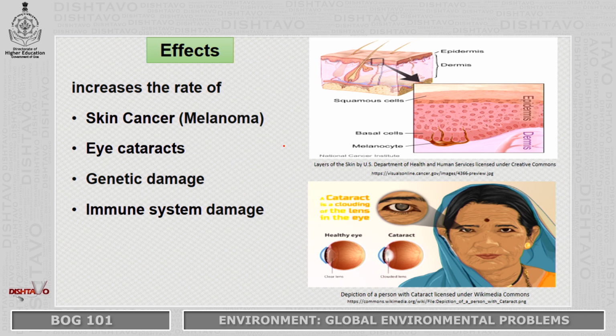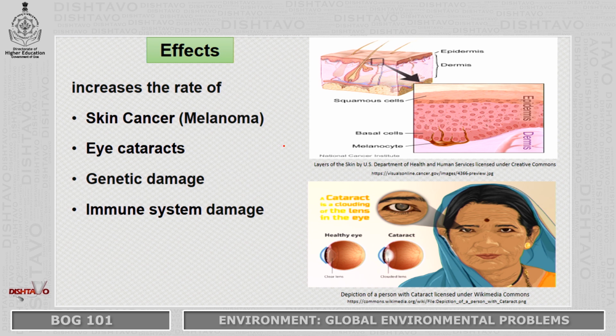And what are the effects? It increases the rate of skin cancer, and skin cancer is dangerous. It penetrates into our skin, and we have something called melanocytes, which will cause the cancer called melanoma, that is the skin cancer that we talk about. It also affects our eyes, eye cataracts, and today these cancers are seen to be increasing, the skin cancers, the eye cataracts. Why? Because the ozone layer is depleted and the ultraviolet rays are coming down right to us. And most of the time we are unaware and we don't protect ourselves from the ultraviolet rays.